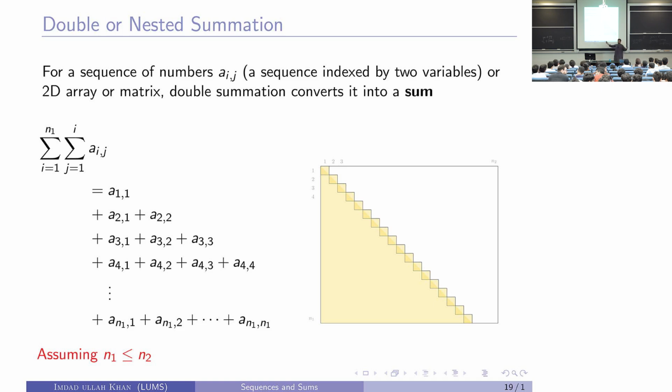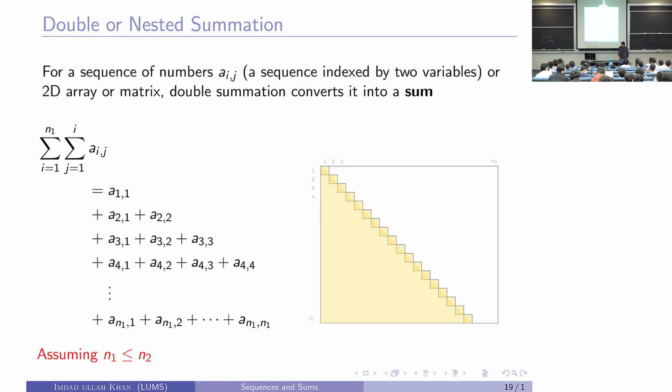If I want to give you a 2D sequence, a matrix, but I want you to add only the lower triangle part of it, this goes i from 1 to n1 and j goes from i to n2. j doesn't start from 1, j starts from,